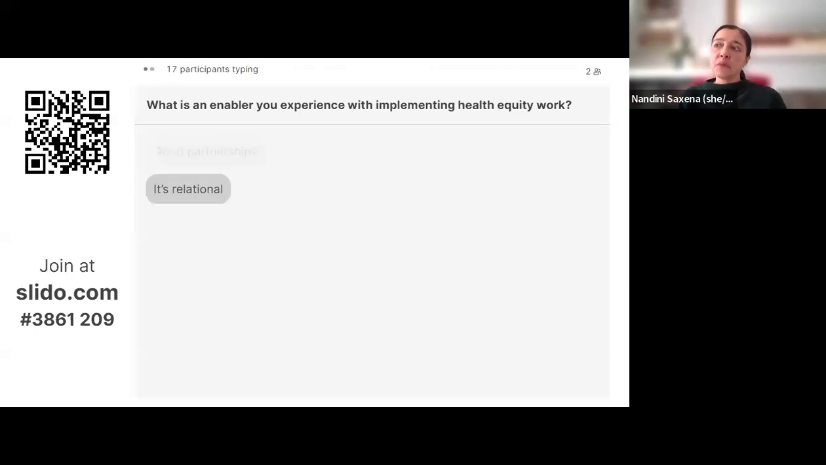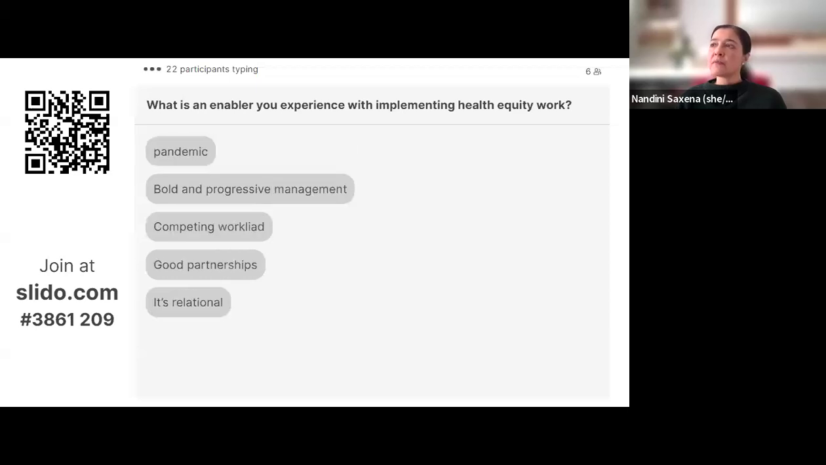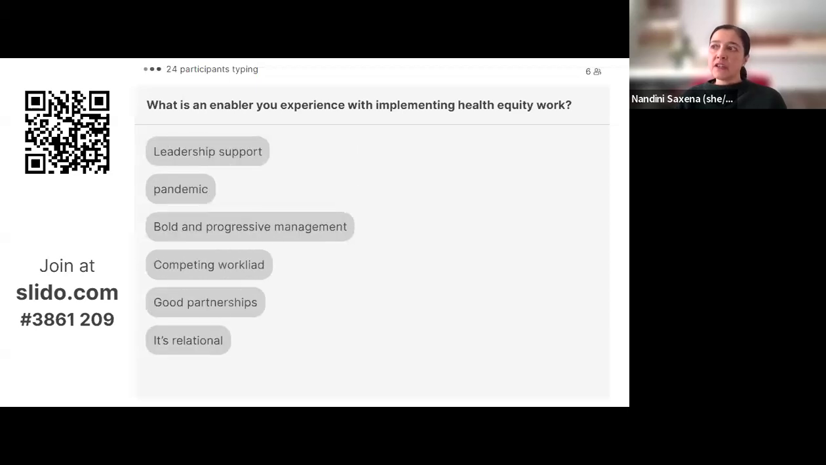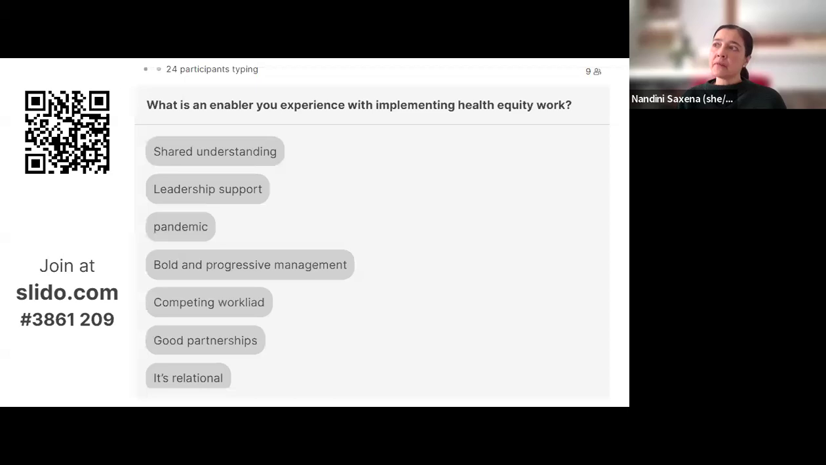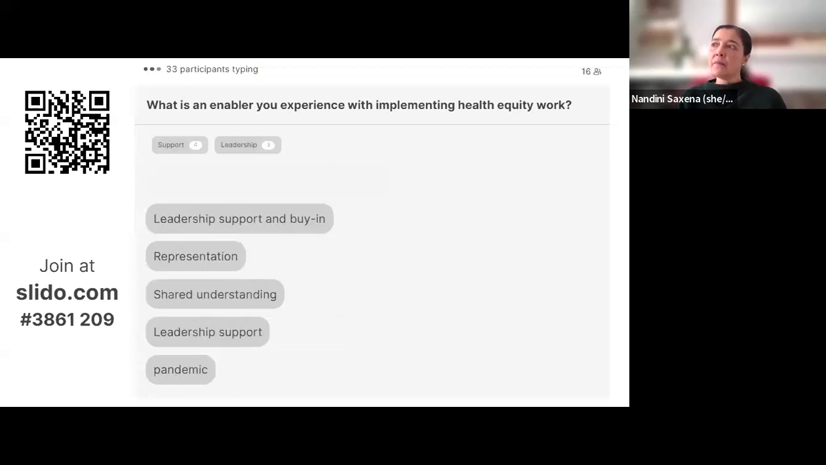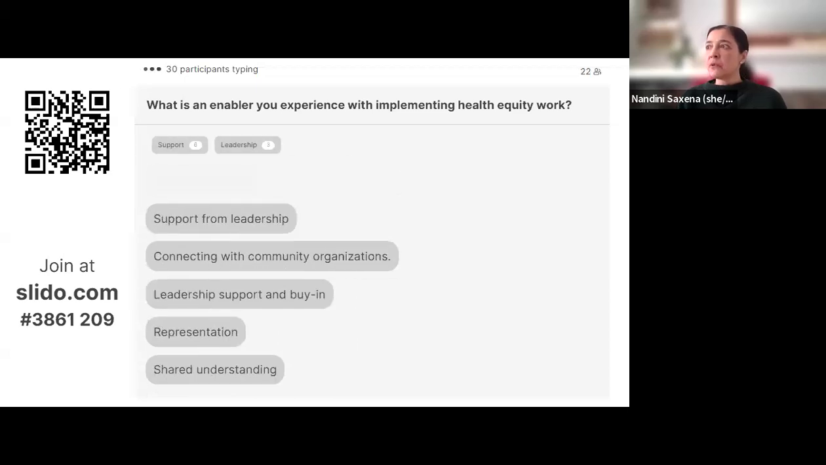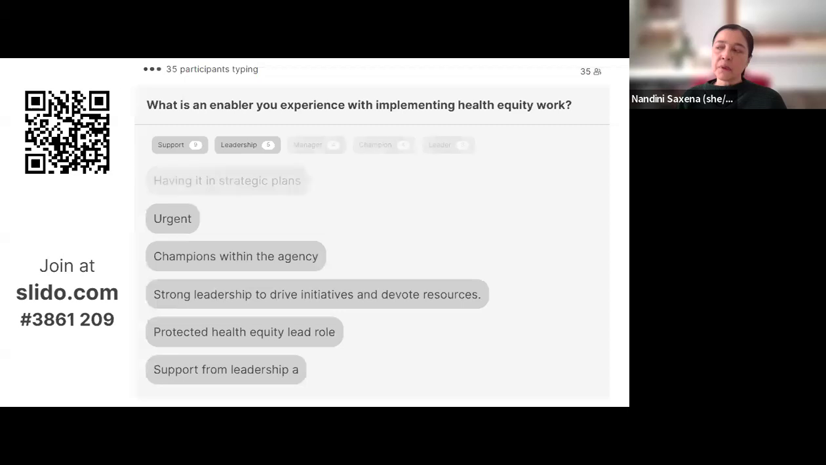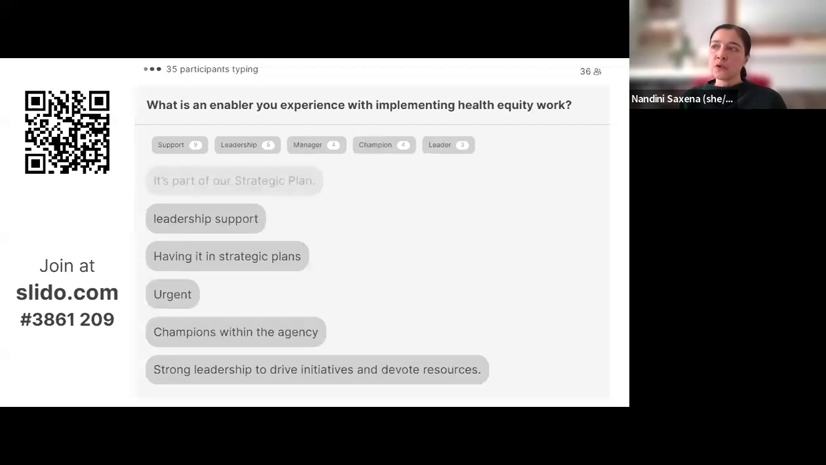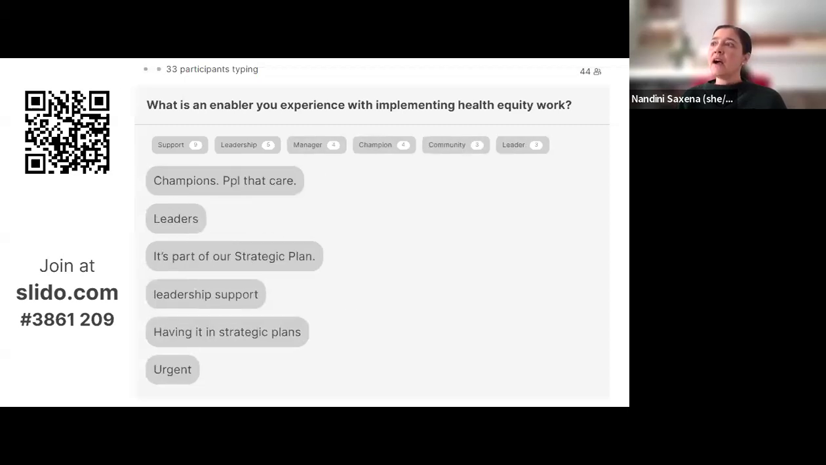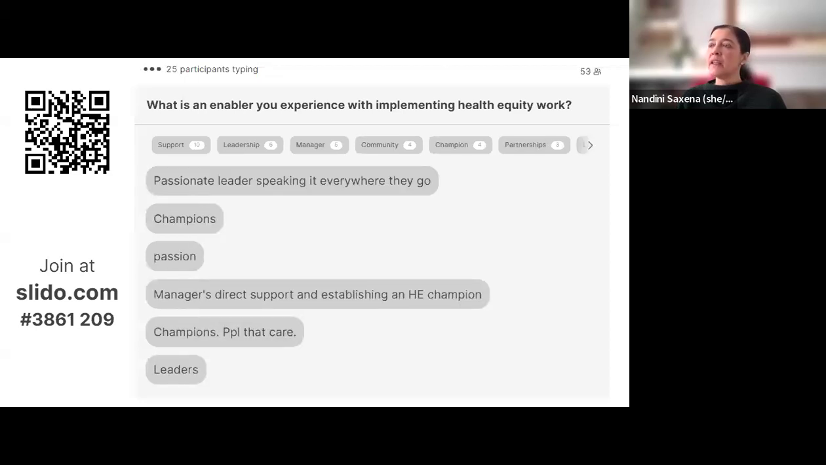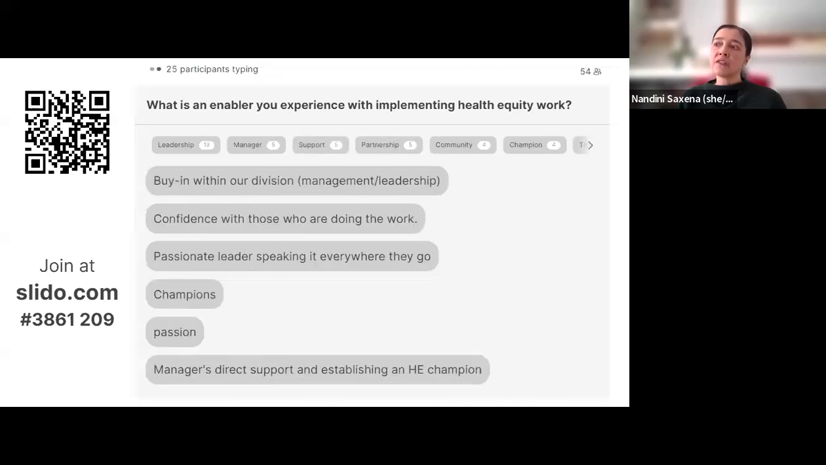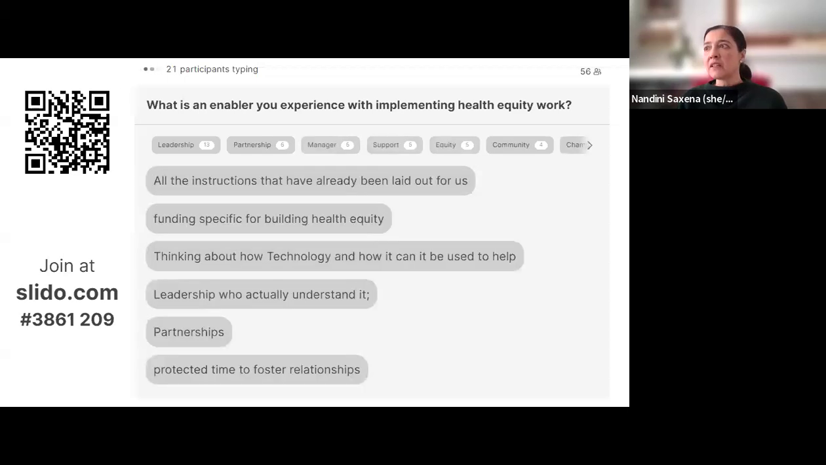Yeah, absolutely. Good partnerships, good relationships, having management and leadership that is bold and progressive. The need, again, leadership support and buy-in, connecting with community organizations, the need to center the voices of people with lived experience of different forms of oppression. An enabler is that it's a part of your strategic plan, having champions in place, passion and commitment,